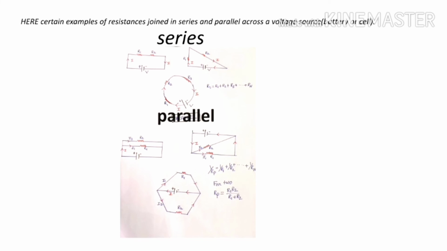Before starting the calculation of combination resistance in a circuit in series and parallel, you remember two things. In series, there is no change in current, so I will remain constant. And in a parallel circuit, I will be divided. When the current is divided, you think that the resistances stay in parallel combination. Here are some examples, have a look.